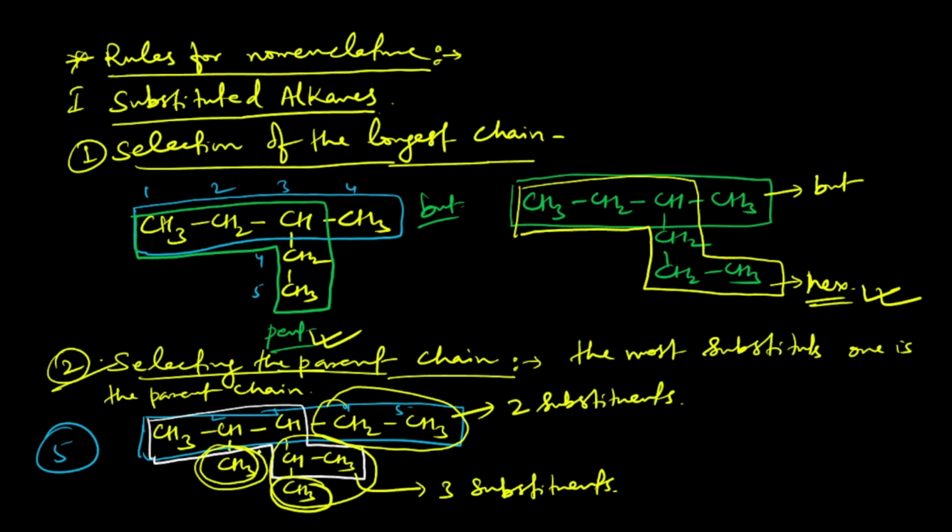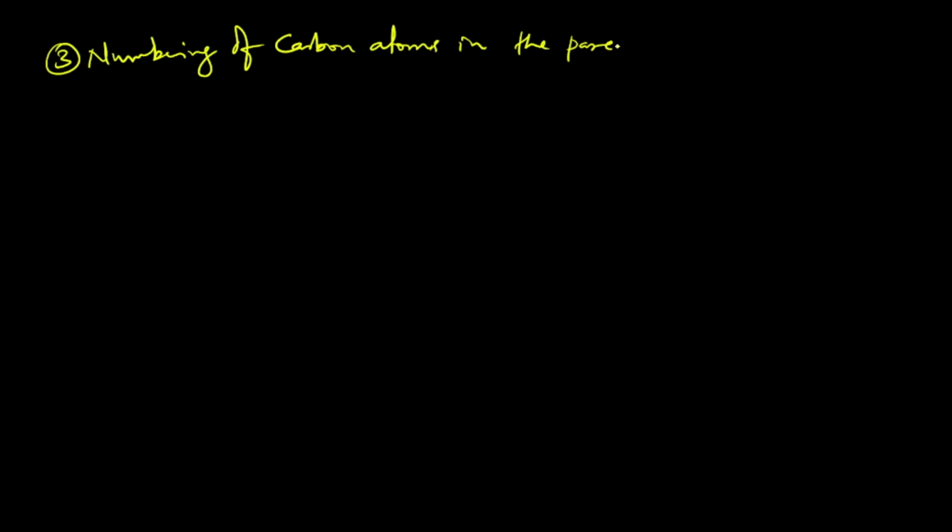Now the next we will take is the numbering of carbon atoms in the parent chain, because already we have selected the parent chain. First you have to select the longest chain, then you have to select the parent chain, and after selecting the parent chain you have to give numbering. Without numbering how are you going to write the substituents where they are present? So just write: